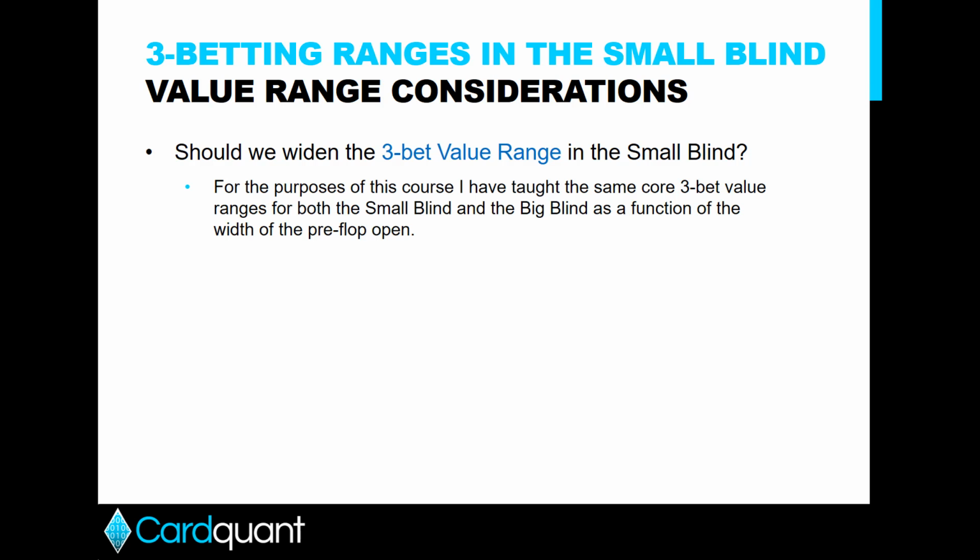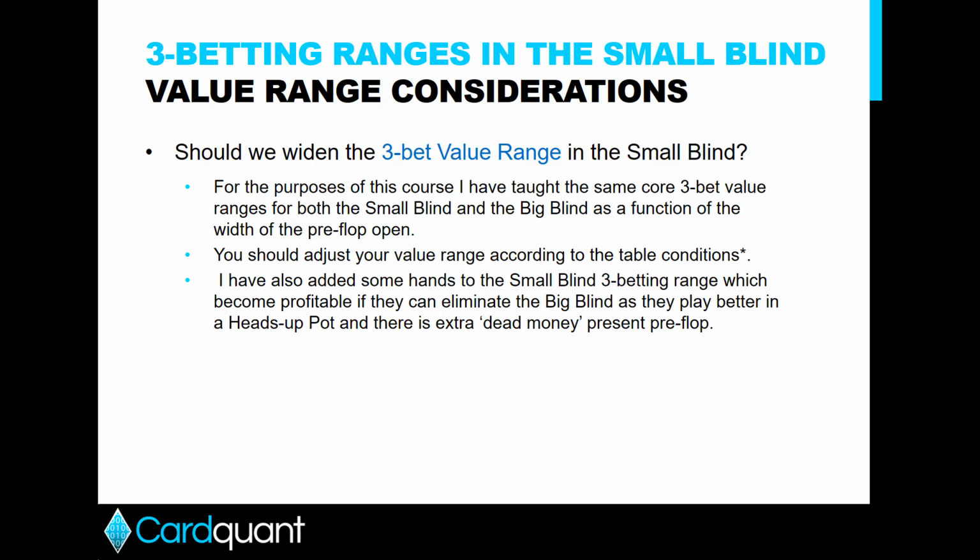So for the purposes of this course, I have taught the same core 3-bet value range for both the small blind and the big blind as a function of the width of the pre-flop open. So you should adjust your value range according to the table conditions, and we're going to use the factors that I discussed on that previous slide in your metric. So if the big blind folds too much when you 3-bet from the small blind,